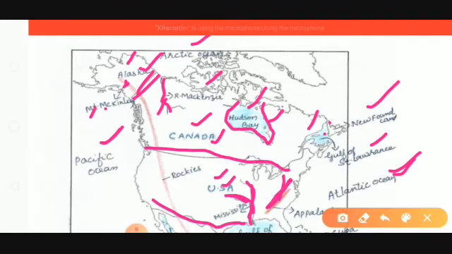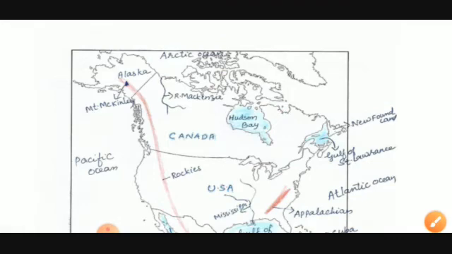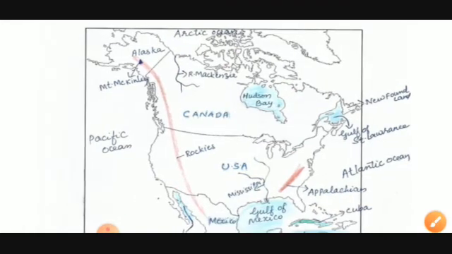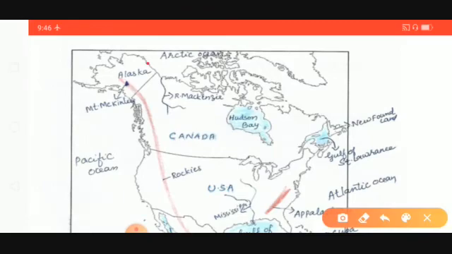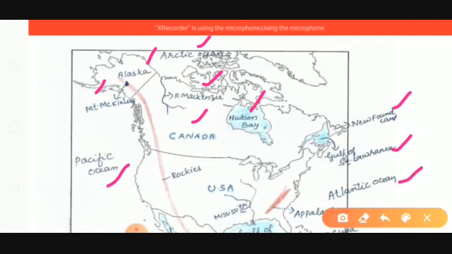Now you just mark all these things. I think you all understood. Once again, here Alaska, then Arctic Ocean, then Hudson Bay, Mackenzie, Canada, McKinley, Pacific Ocean, Newfoundland, Gulf of St. Lawrence, and Atlantic Ocean. These are the main places which you have to mark now. And then one more thing, that is USA, and then Mississippi River. I think you have marked Appalachians also. So altogether we have marked 13 places now, and the remaining we will mark now.